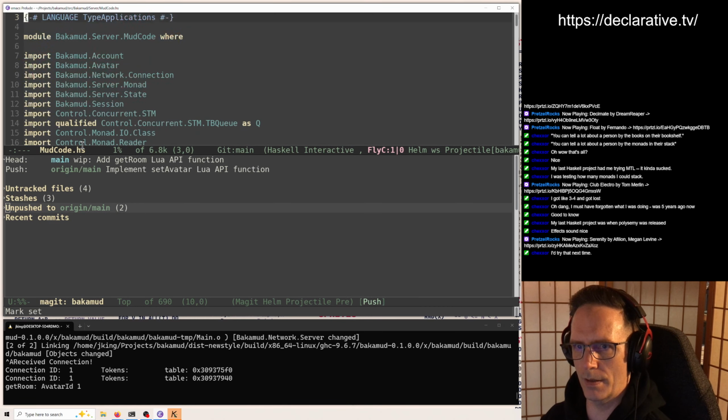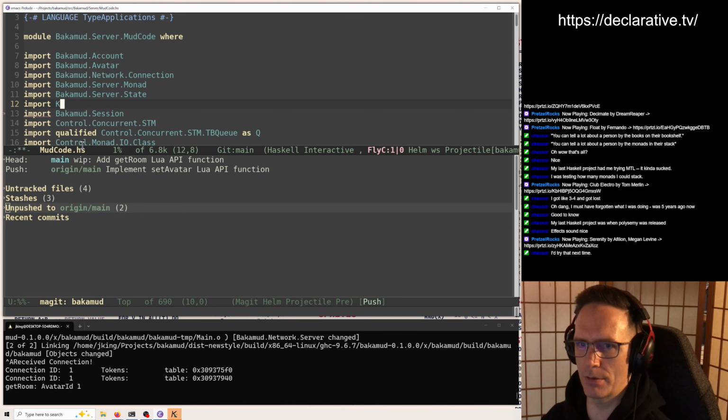Okay, and then we're going to import Bakamud server space, or simulation space. That's where room is.